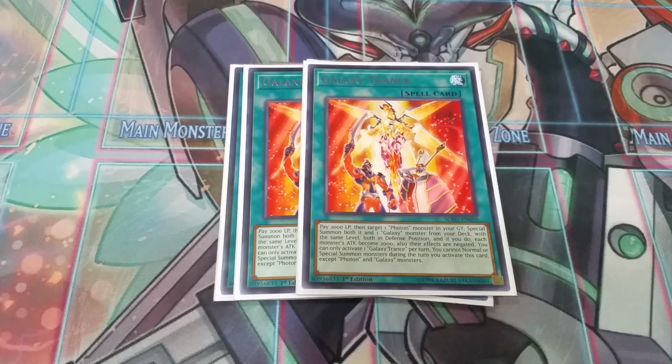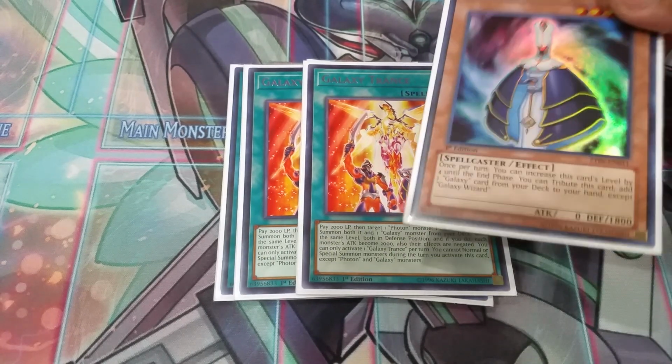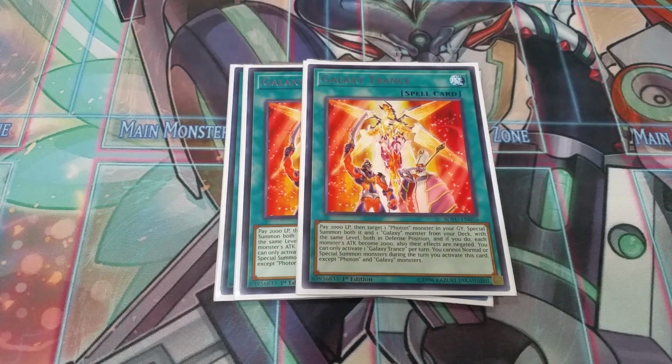That doesn't really matter, again, for Galaxy Wizard, because Galaxy Wizard tributes himself for cost and then activates in the graveyard. So in that regard, it doesn't really matter. Then you can only activate this card once per turn. So hard once per turn. You cannot normal summon or special summon monsters during the turn if you activate this card, except for Photon and